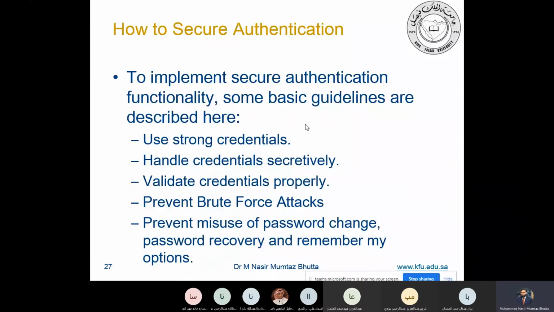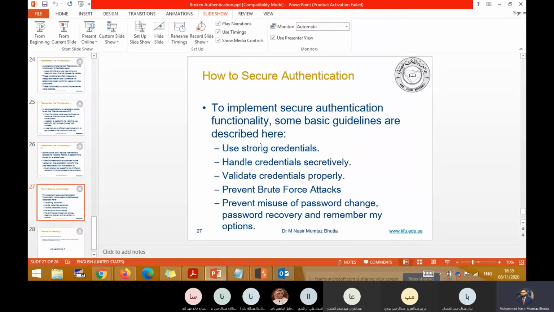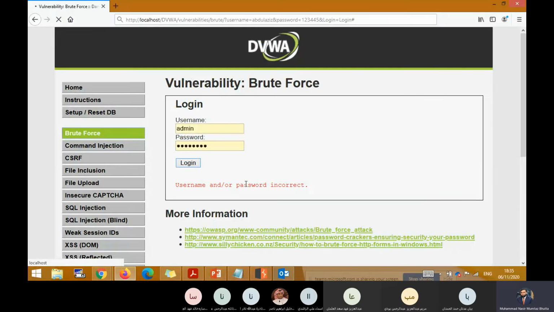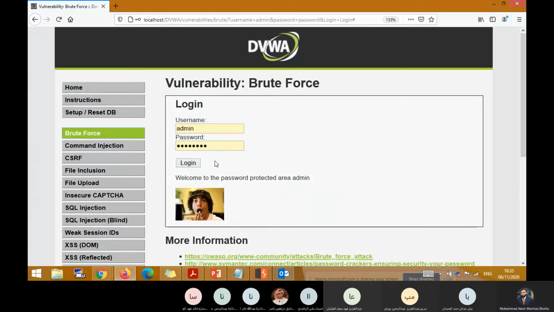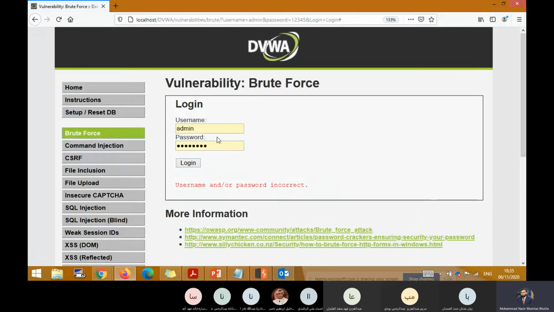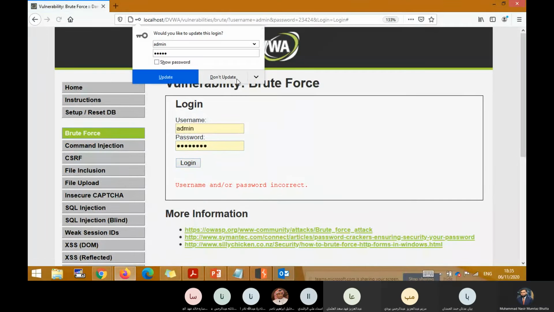Okay, good. Now, as a good programmer, a good security professional, it is your responsibility. Before I finish the lecture, I will discuss one other situation. For example, the website does not allow you more than five attempts; if you try a sixth time, they say your account is blocked, right? If I enter five or six times, they say your system is blocked, right?